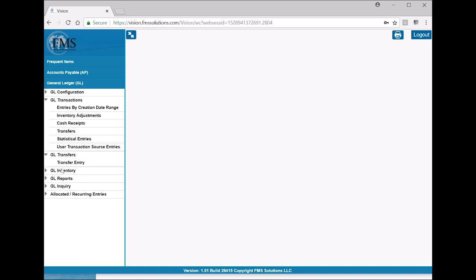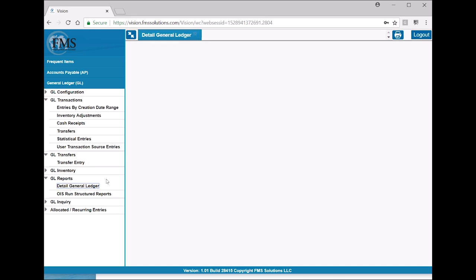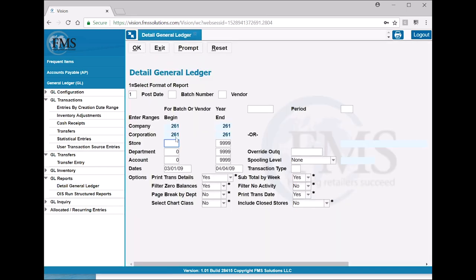I'll go ahead and skip inventory because a lot of people don't do that as well. We'll go right into reports. Everyone should have the GL detail ledger there. If we wanted to run a ledger, again, I'll pick store 261. We'll say we want just the grocery department, all accounts, and let's just say I want to see it for